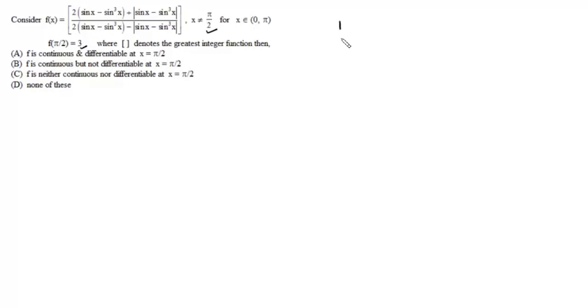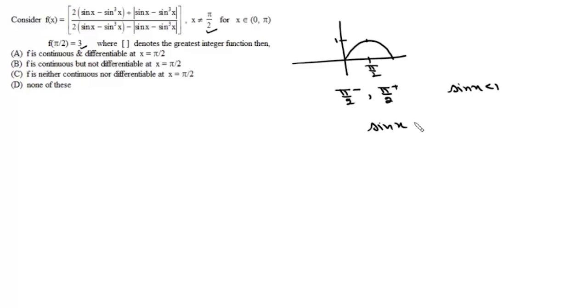Now we know that at pi by 2, the value of sin x is 1, but at both pi by 2 negative and pi by 2 positive, sin x is less than 1. And if sin x is less than 1, then sin x will be greater than sin cube x. So for this function, in both the left hand and right hand neighborhood of pi by 2, sin x is greater than sin cube x, and therefore mod of sin x minus